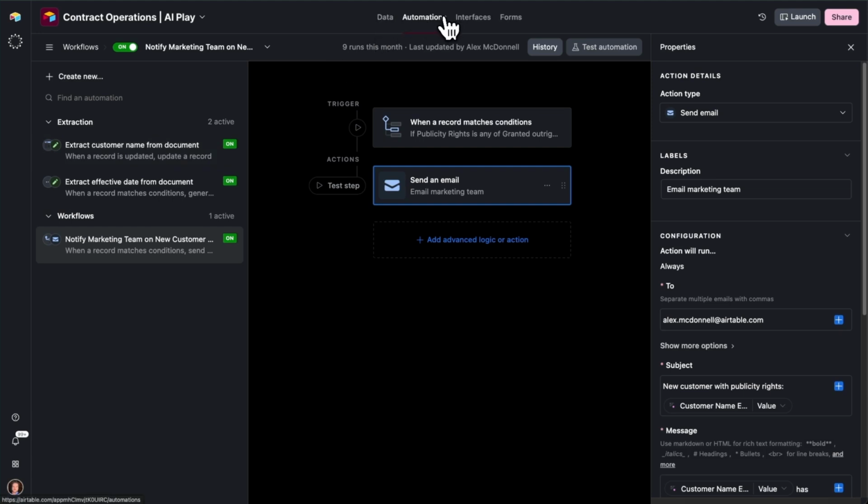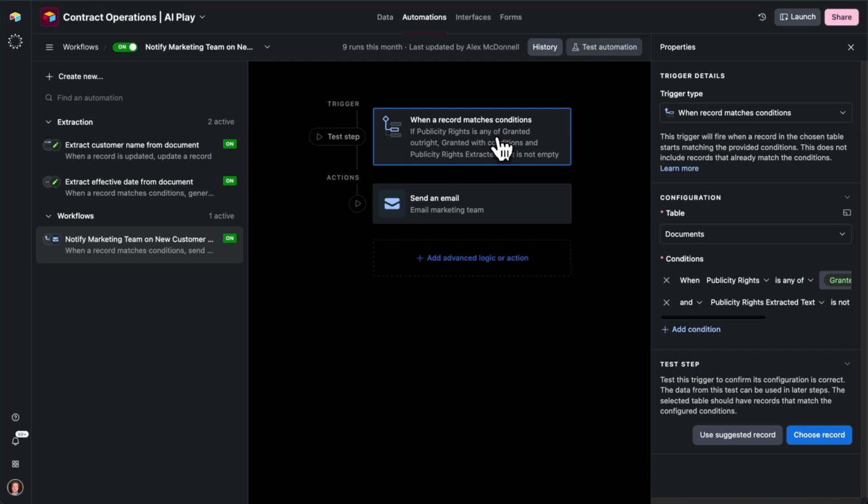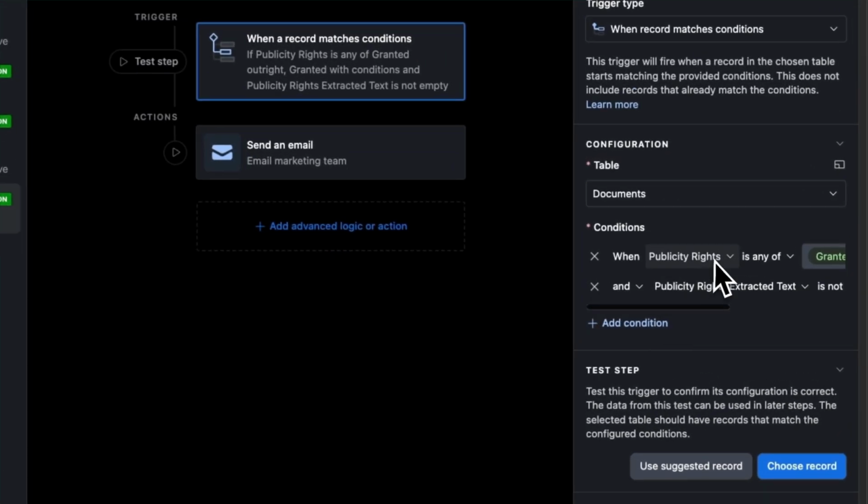So now we're over on the automations tab. Automations in Airtable, basically a way to say, hey, if something happens in the app or if something changes with our data, let's go and take a specific action. And so in this case, this automation is triggered when a record matches conditions. And so we are saying when the publicity rights